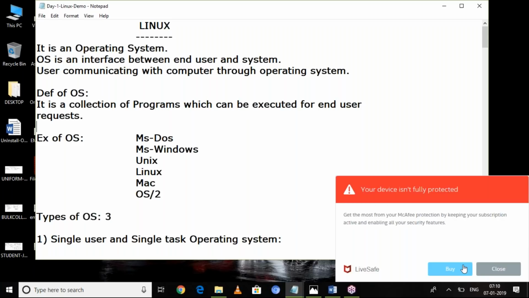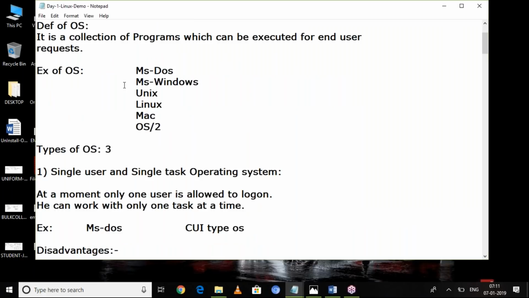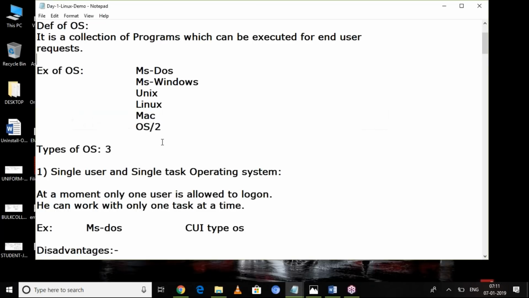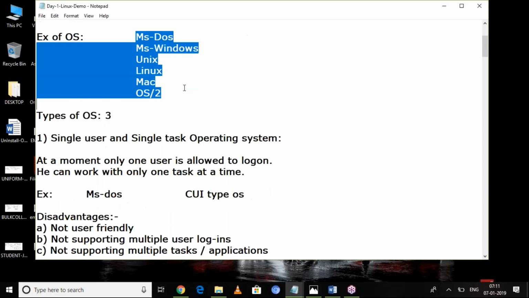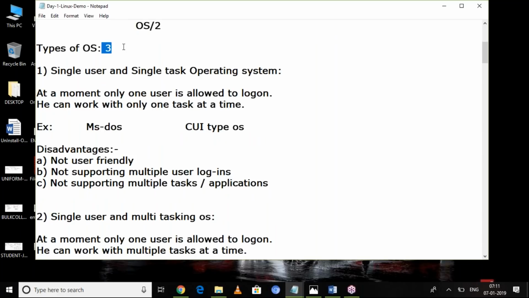What are examples of operating systems? So many operating systems are there. Some of them are DOS, Windows, Unix, Linux, Mac, OS2, etc. All these are examples of operating systems. These operating systems are divided into three categories. The first category is single user and single task operating system.